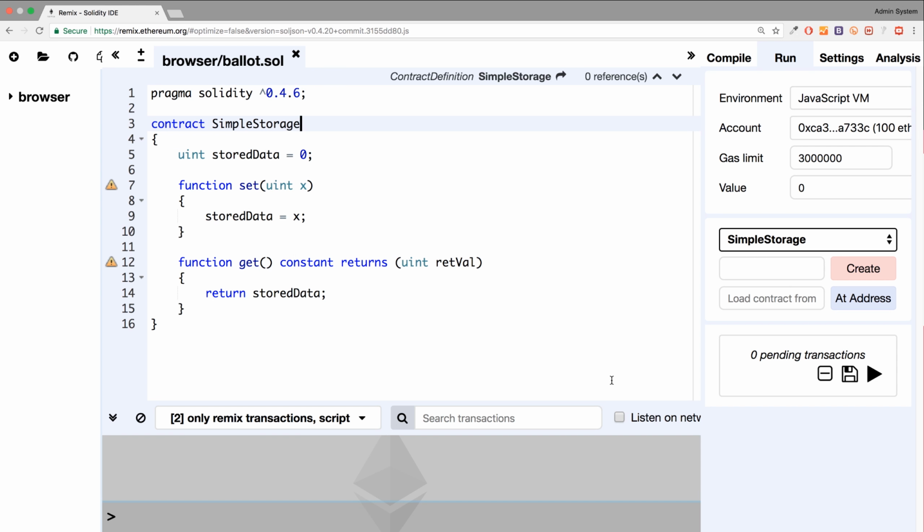Hello, in this Solidity tutorial, we are going to look at inheritance, contract inheritance that is. So inheritance, for contracts in Solidity, is very similar to the way you might use inheritance in another programming language for classes. So it allows you to say a particular contract is like another contract and it inherits its